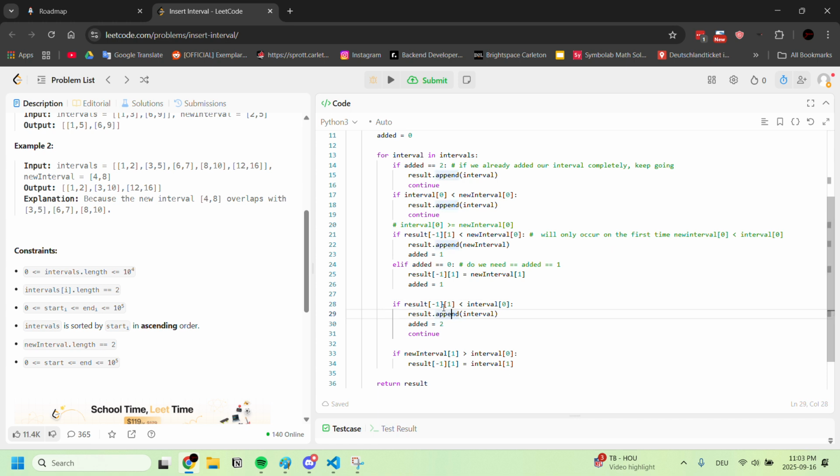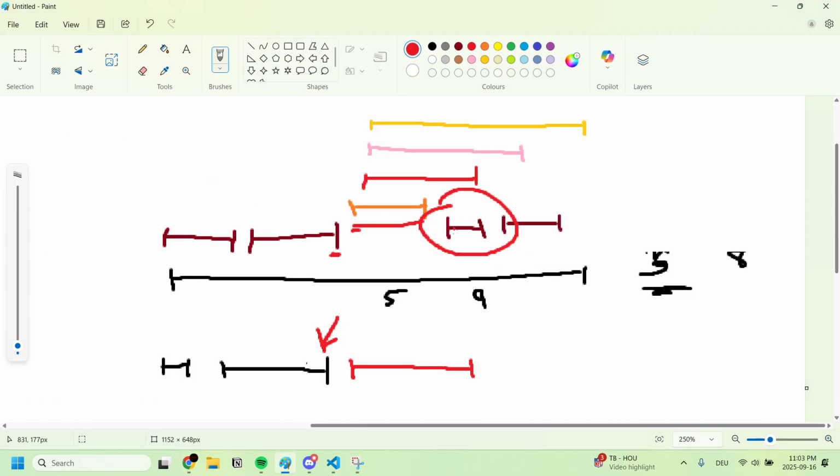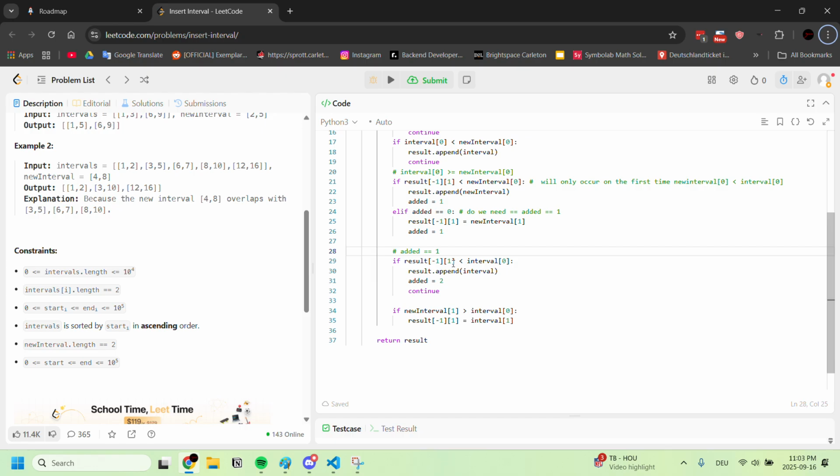Or else, everything else here is added equals 1, right? So if result negative 1 is smaller than interval 0, then we append interval. Continue. But if new interval